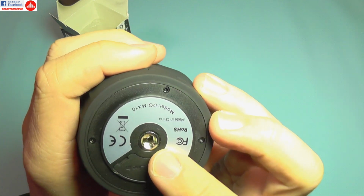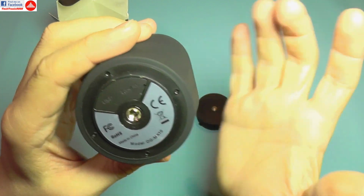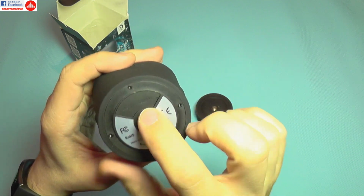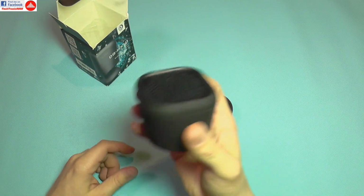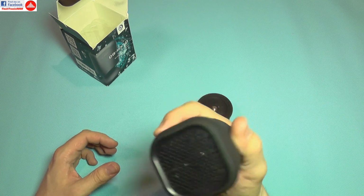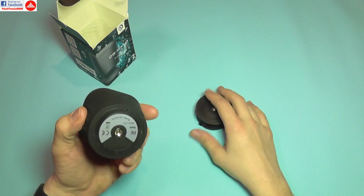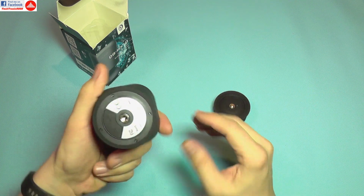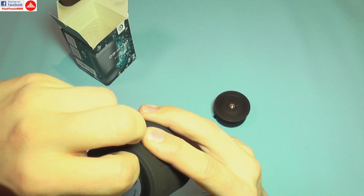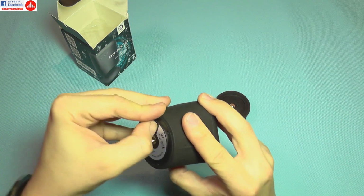And it also has this screw mount here, and you can fix this everywhere else you need it to be fixed by using that. So you can, I don't know, fix this on your bike, for example, or something like that. So you can take this with you, and if rain catches you outdoors, it will not be a problem for it. Also on the rear here, it has the line-in option, and you can plug this with a cable,